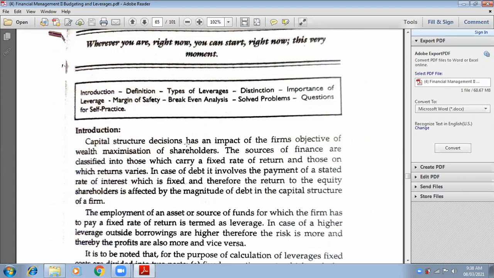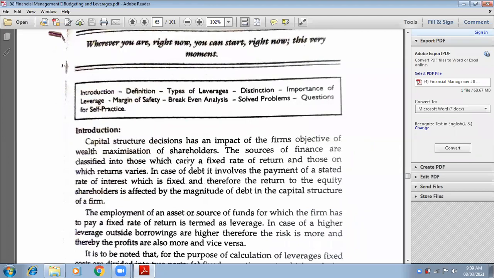Now, who are the shareholders? Who owns equity and preference shares of the company? And basically equity, because preference will not last forever. But equity shares are the ones who last forever and they remain with the company forever and ever. So they are basically talking about the shareholders of equity, equity capital.